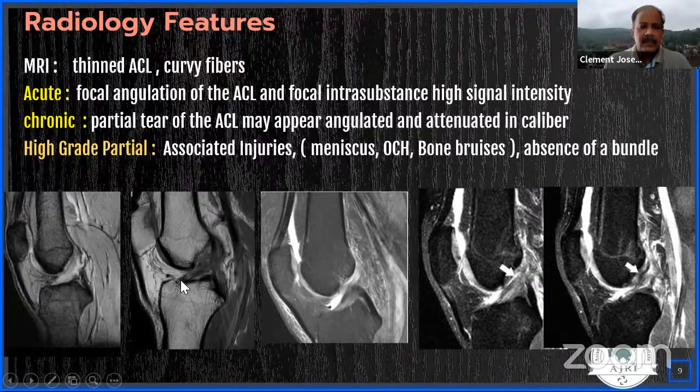The next image, you can see the fibers are not parallel to the intercondylar roof of the notch here. And also they appear to be thinned out and wavy in the proximal portion. And here in the third image, you can see the ACL fibers. Once again, they are not parallel to the roof of the notch, but rather seem to be stuck to the PCL here. And here you can see the anteromedial bundle fibers, which are parallel to the notch here. But as you go to the posterolateral aspect, you can find the wavy fibers of the posterolateral bundle, indicating some injury to the posterolateral bundle. So by careful analysis of MRI images, one can identify these partial tears and plan accordingly.